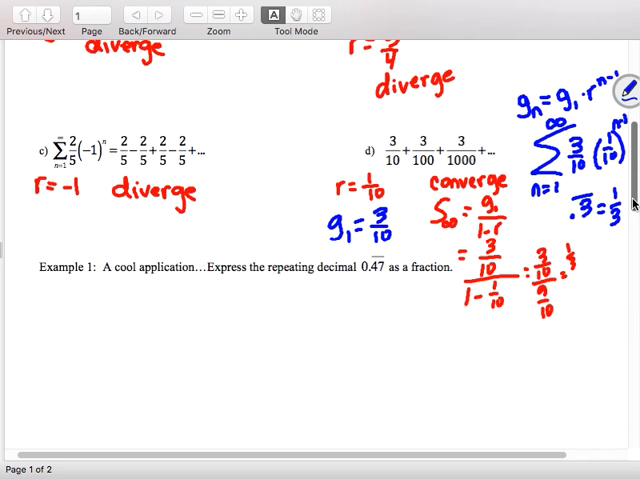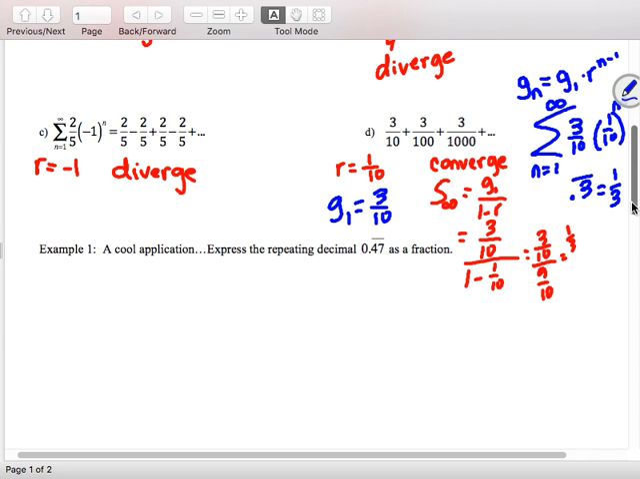So now I'm actually ready to start today's part of the lesson. Example 1 says, here's a cool application. Express the repeating decimal, 0.47 repeating, as a fraction. So when you're asked to do this on the test next week, even though there is a pattern and you can get the answer, I want you to demonstrate that you understand how to use infinite geometric series, okay? So this method that I'm showing you is the method I want you to demonstrate on the test. So here's the thing. 0.47 repeating is